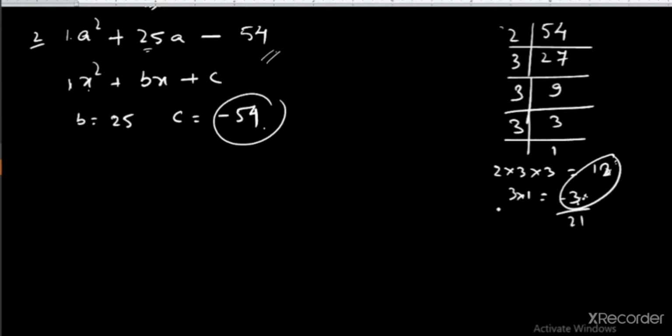Okay, here we can just find 3 into 3 into 3. It is giving you 27. Then what else is there? 2 into 1 is remaining, so it is giving you 2. Okay. Now what else is there? It is given that your sum should be 25, isn't it? So can you subtract here to get 25?